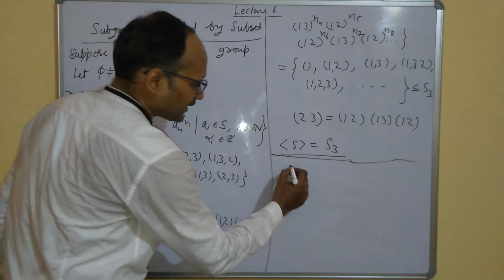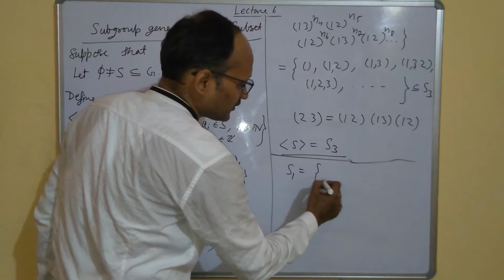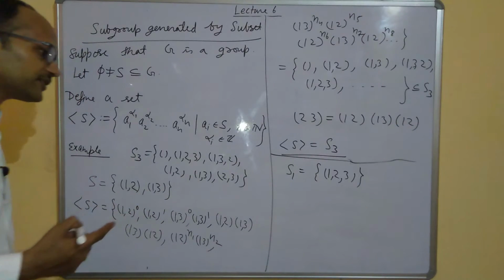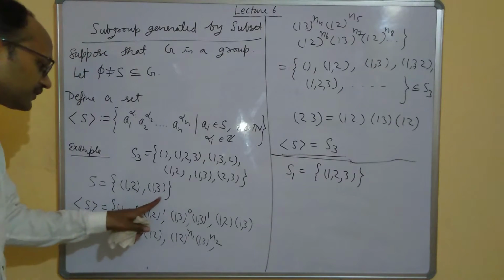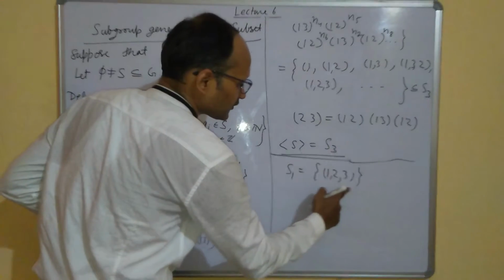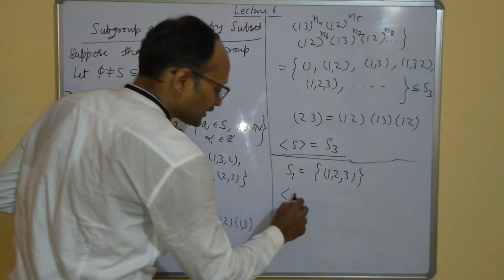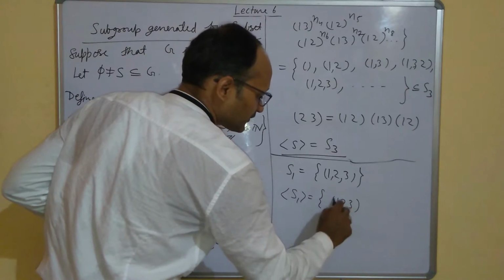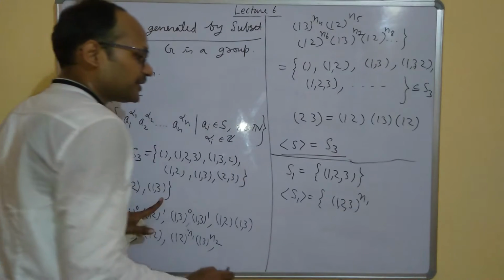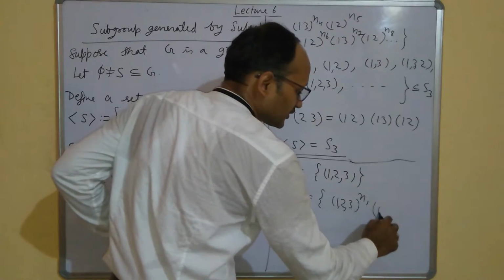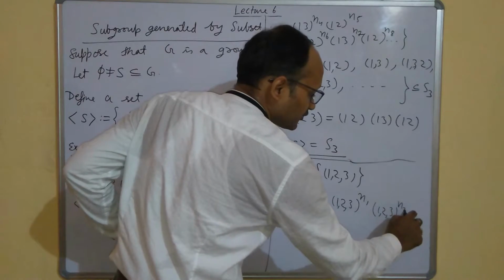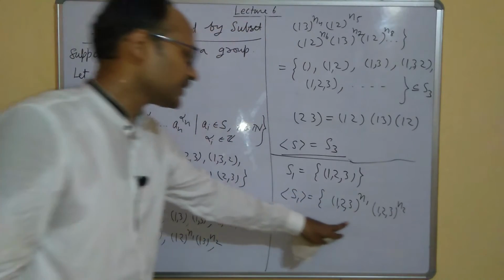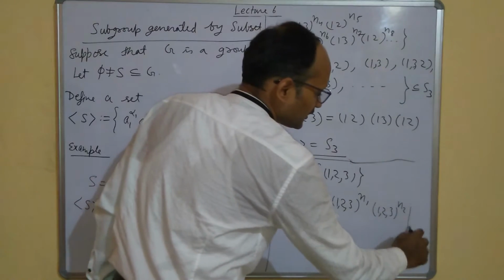Now again, suppose I take another subset to be {1 2 3}. Then we have to take all the powers of 1 2 3, and the product of all the powers of the elements of this subset. So whatever we get is 1 2 3 to some n1, and the other element when you choose it is again 1 2 3, so that may be n2, or if you want to repeat, then again some elements here you can take, but that element will also be 1 2 3. So it means